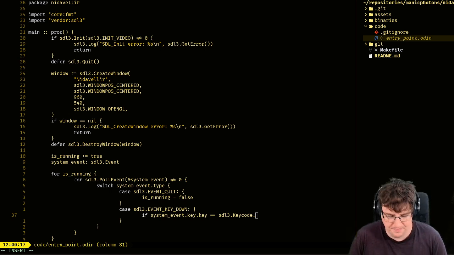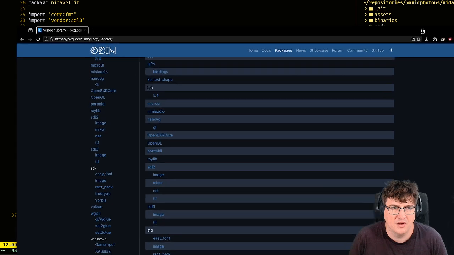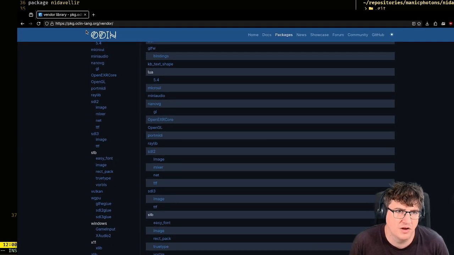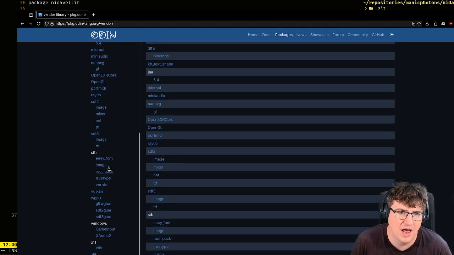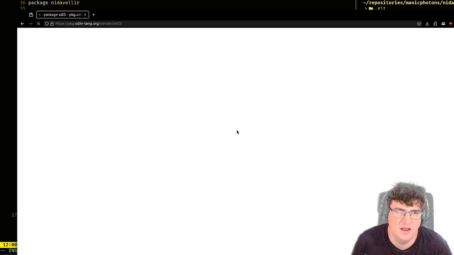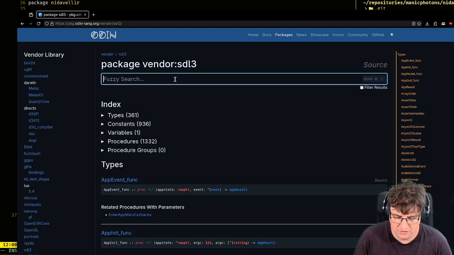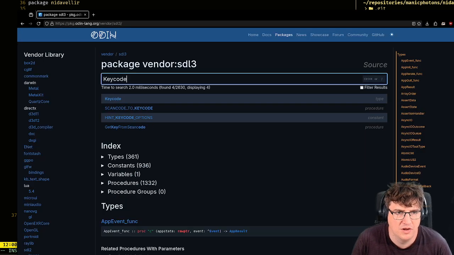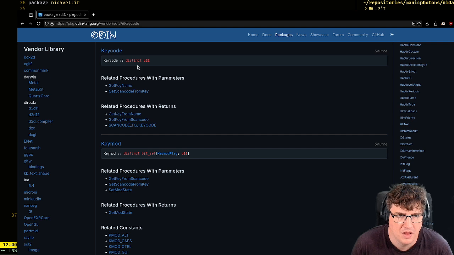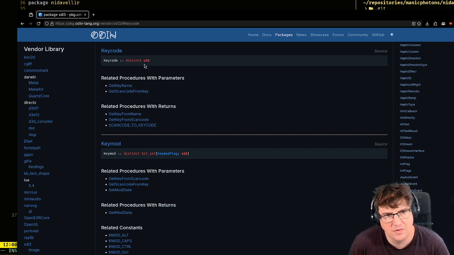So I'm currently on the Odin website looking through their packages, and within SDL3 you can search for things. So if I search for key code, it's a distinct U32.